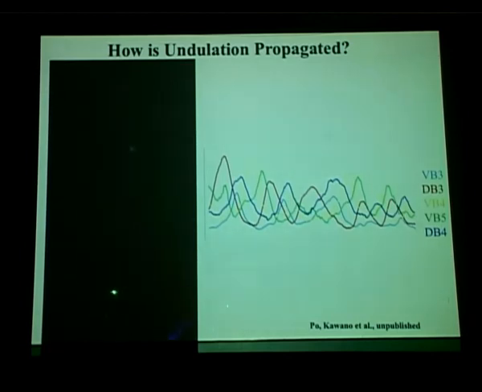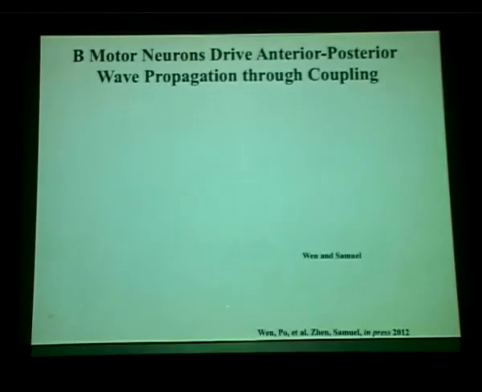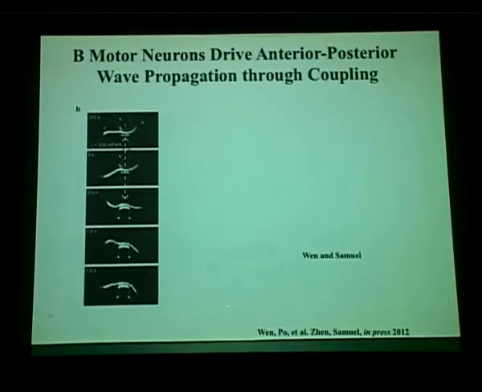Basically, what I'm trying to show is this kind of light bulb string of the activation of the B-class motor neurons that have a high activity during locomotion, and you can see this nice separation of the phase activation. So Taizo Kawano and Michelle Po in my lab set up this system. And then Ravi Samuel's and Chen Wang's groups have been interested in this for many years. What they observed was